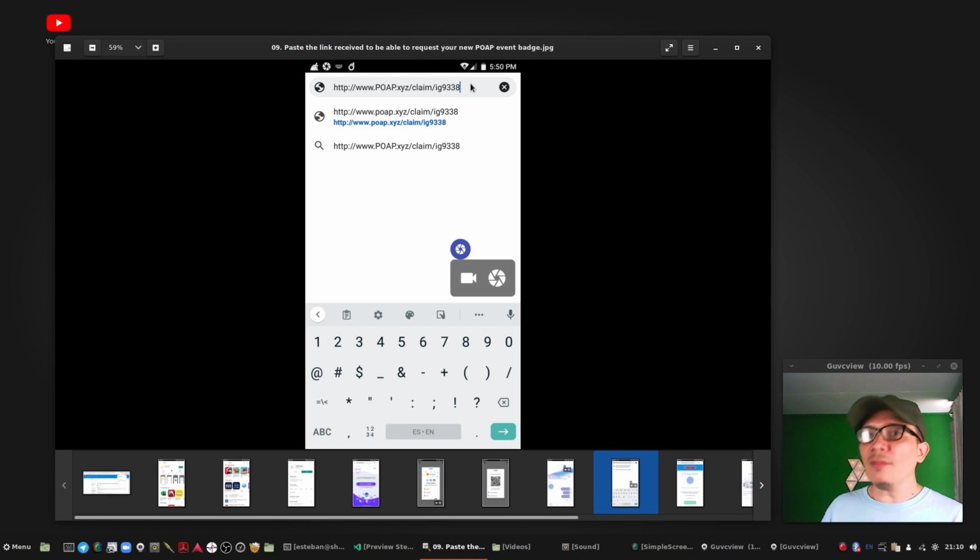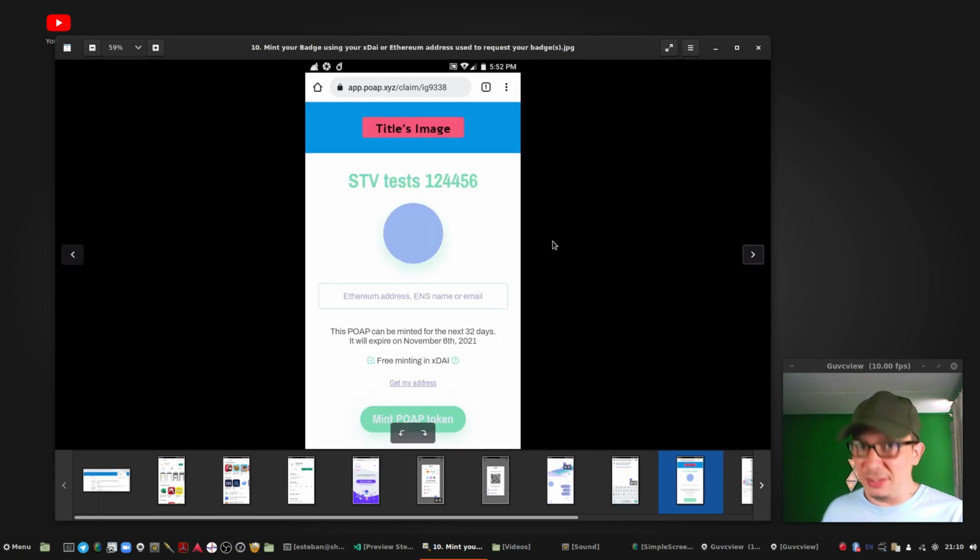Okay, so this is the link. You just insert the link, and any of these two methods, in the PoApp application or the web flavor of the PoApp application in the browser, is going to take you to the next step, which is this. In this case, I'm showing you the step on the mobile web browser, right?